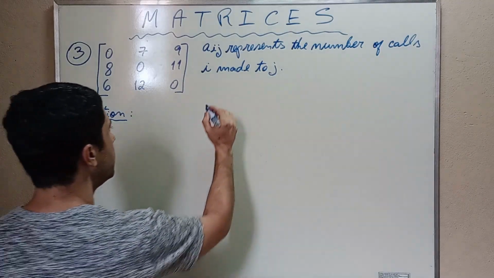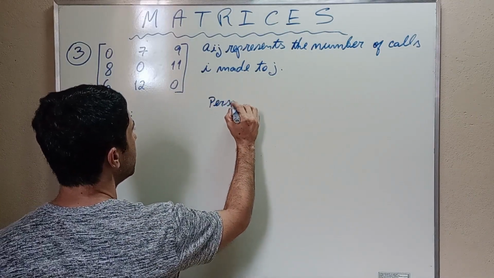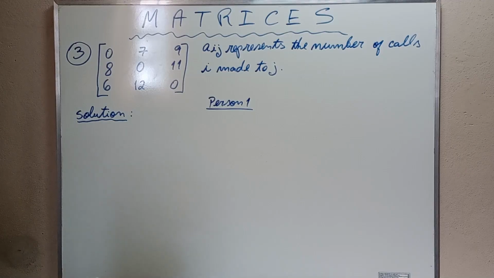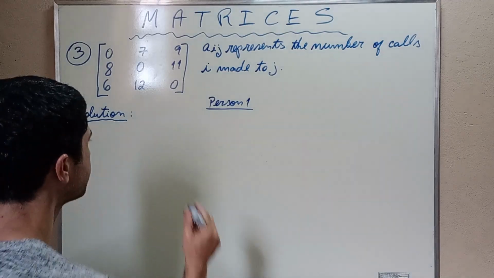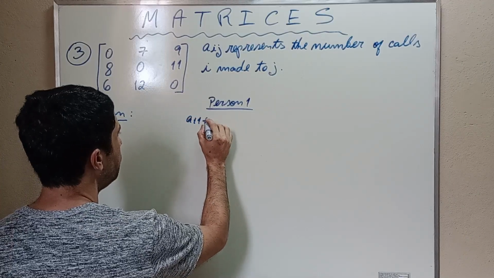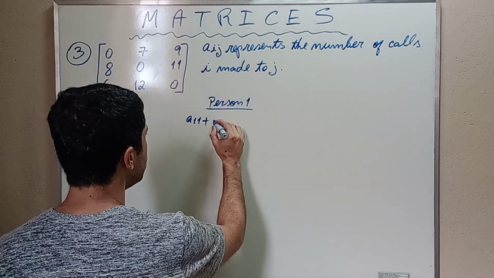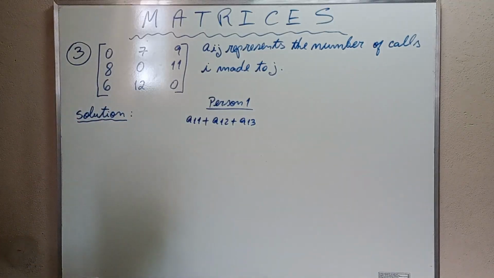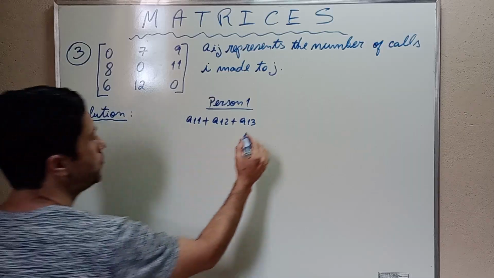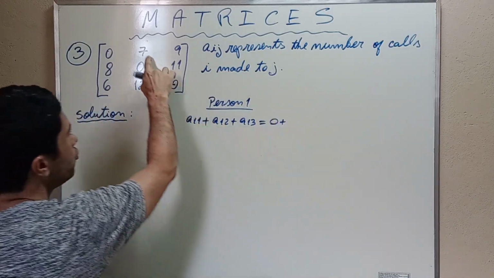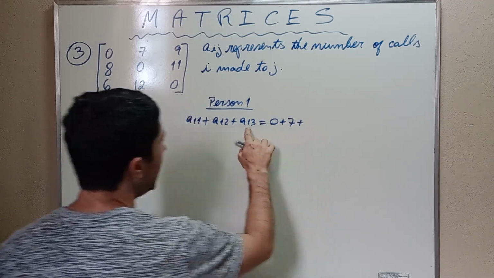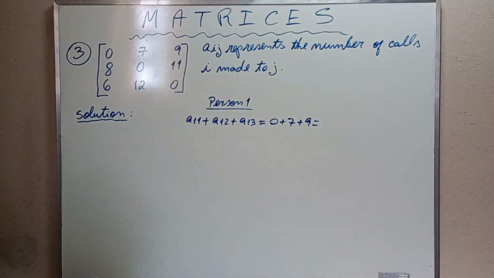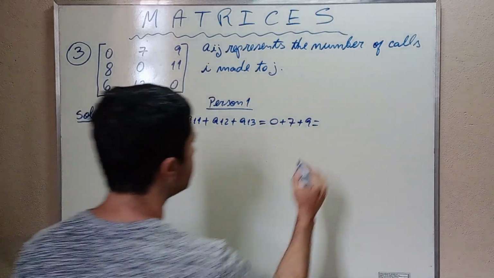For person number 1, the sum A11 plus A12 plus A13, which is equal to A11 is 0, A12 is 7, A13 is 9. This sum, which is equal to 16,